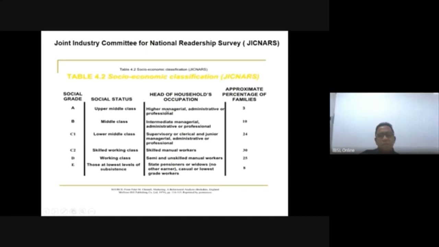A, B, C1 include higher managerial, administrative, or professional; intermediate managerial, administrative, or professional; supervisory or clerical; junior managerial, administrative, or professional. This classification is based on the head of household's occupation. So this includes professionals and even senior businessmen, right? But if you target the lower end, say C2, maybe not the most appropriate potential customers for